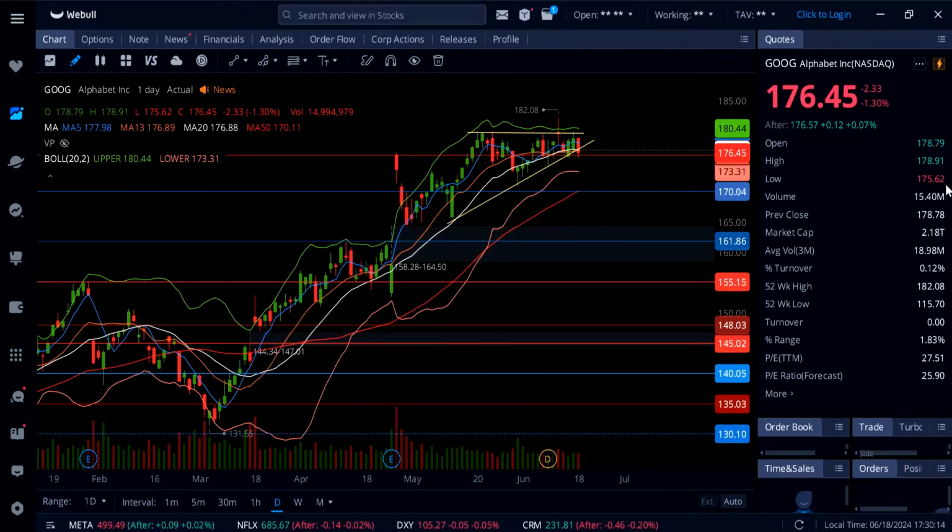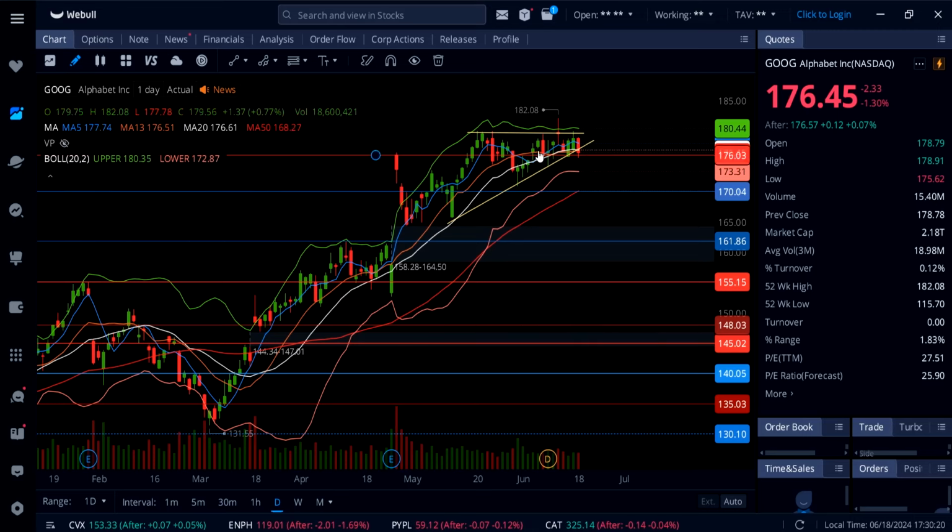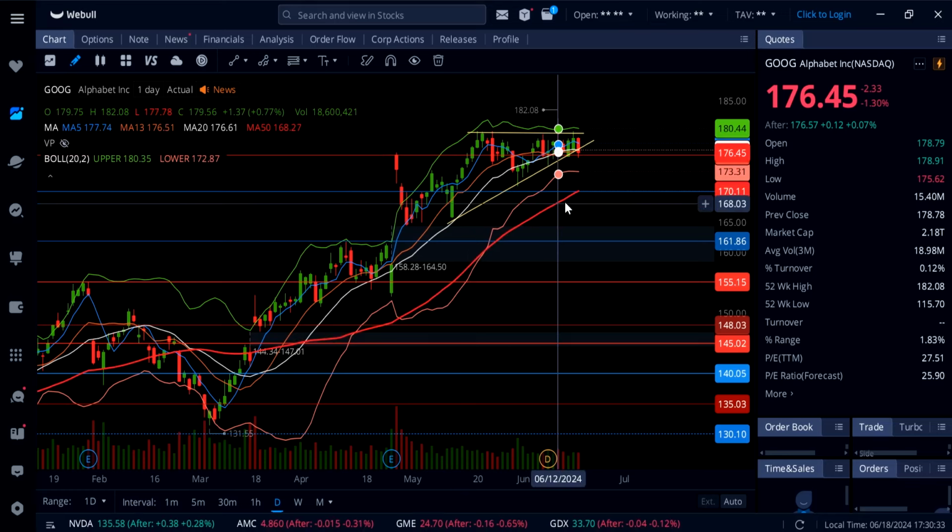On Google, stock is down 1.30%, so Google again holding 176, this previous all-time high, as a support into closing, and pretty much trying to trade inside this wedge. No breakout to the upside, no breakdown to the downside. Now, until we get that breakout over 180, definitely there is a chance this thing can break down from 176,